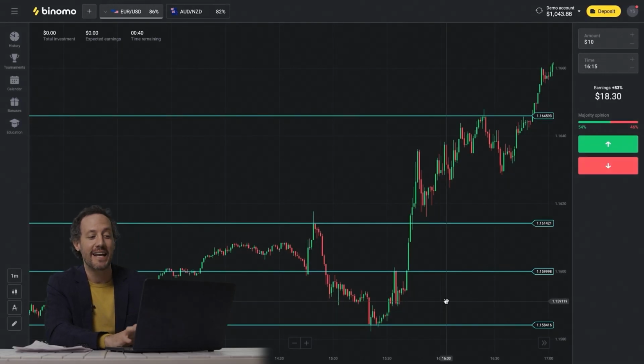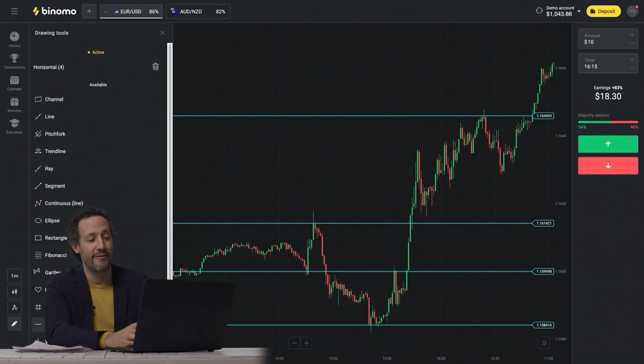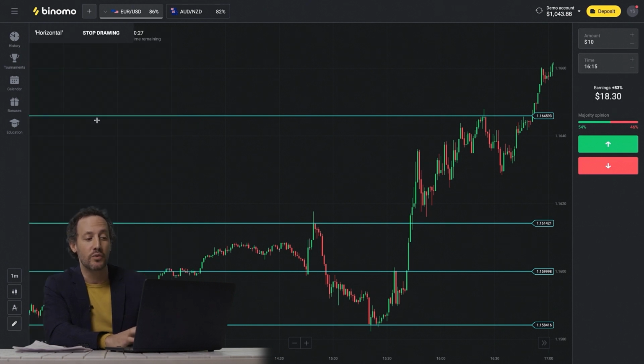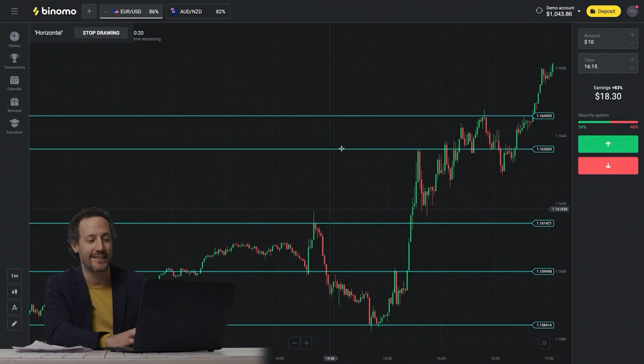And now, tips. Let me share some advice on how to build and find strong support and resistance levels. Listen closely. First, the lines must be straight. Absolutely straight, not a degree to the right or to the left. Use the horizontal tool on the platform to draw fast, easy and correct.